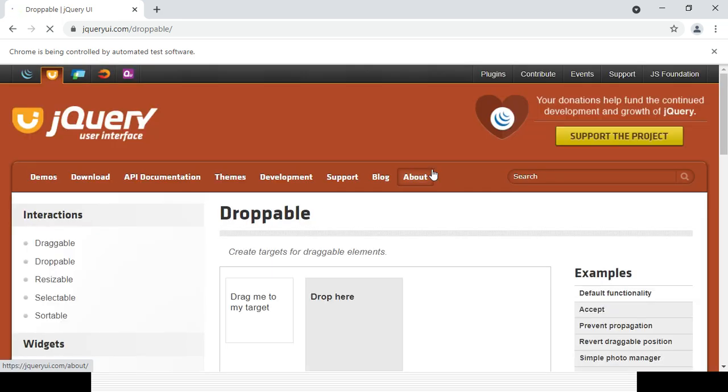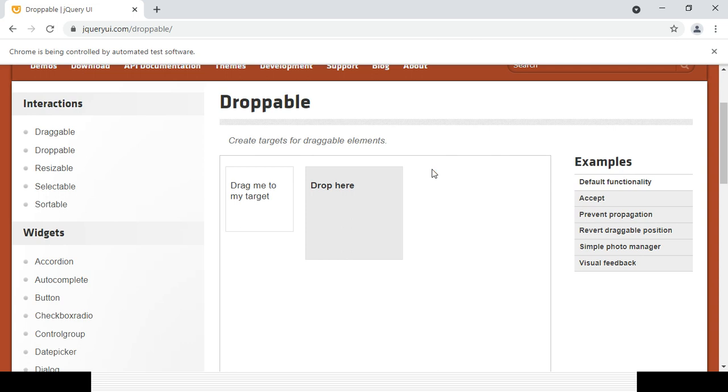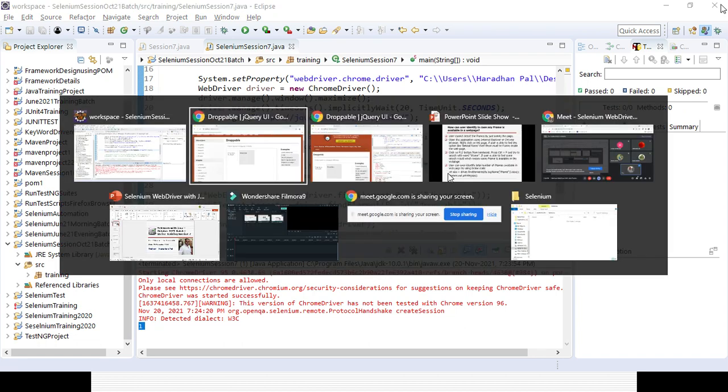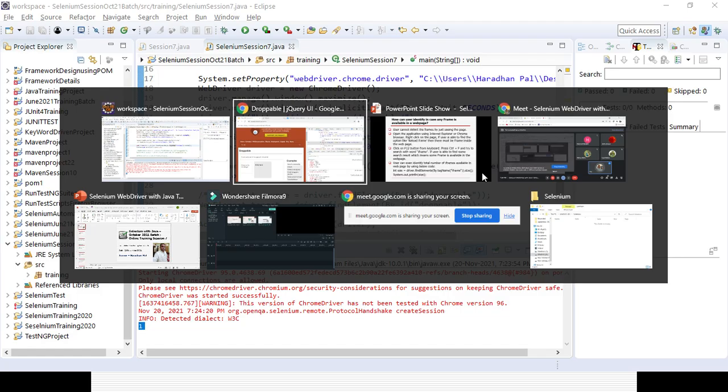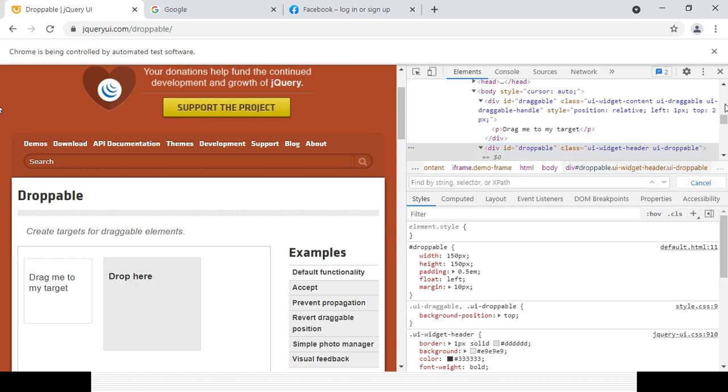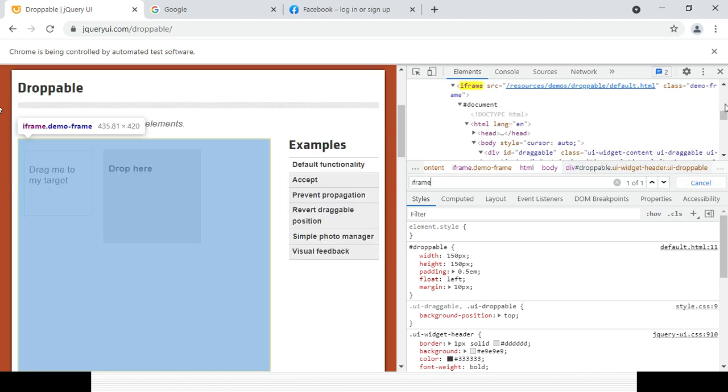Let's wait for some time to load the page. You can definitely get to know how many frames are available here. It gives you the number 1. Let's close it here. You can see the tag name for that particular frame starts with iframe. I already searched with iframe here, so if I press Ctrl F again and type iframe, you can see that particular thing comes with the iframe tag name. That is the reason I am selecting iframe, because I am trying to get all the elements.